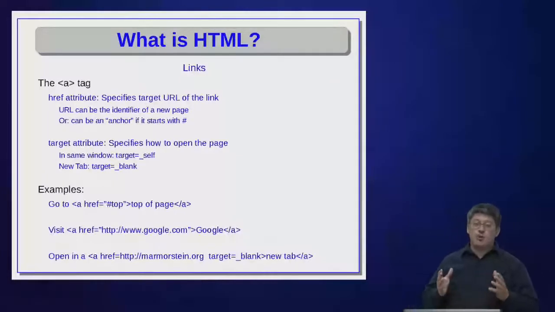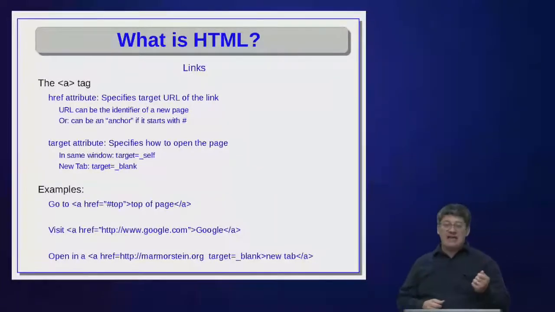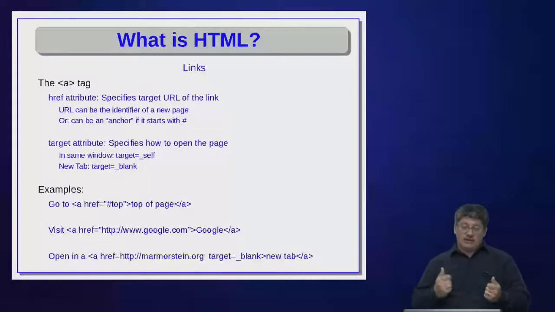So the 2 most important elements are the A element and the image element. And we're going to talk first about the A element. The A stands for anchor, and it's how you create a link to another page. The A element actually takes 2 attributes that are really important to understand. The first one is the href attribute, which specifies the target URL of the link. If I click on a link, the web browser will know what page to load by looking at the href